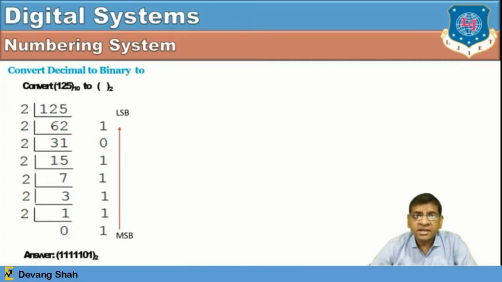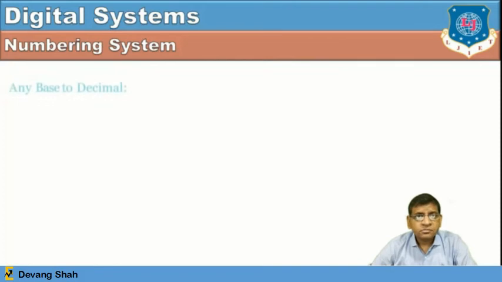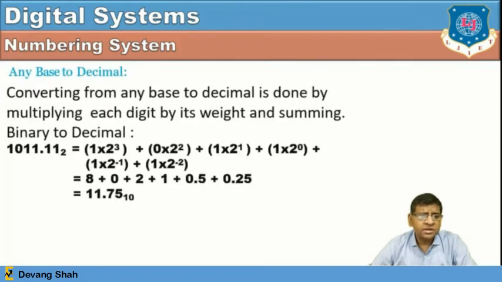Octal and hexadecimal numbers, which are base 8 and base 16. So this 125 can be further divided by 8, and you will get the octal number. Divide this 125 by 16 until the answer comes to 0, and you can convert this decimal number into a hexadecimal number. Further, we will discuss more examples, like any base system, if you have to convert